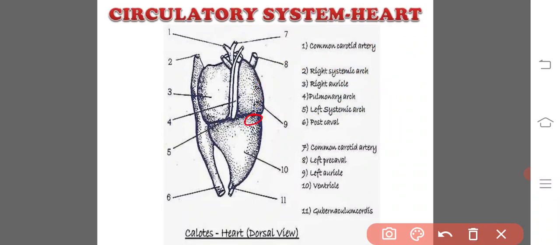Here there is a left auriculoventricular aperture and there is a right auriculoventricular aperture. And coming to the ventricles, the posterior half of the heart is occupied by the ventricle. The two auricles are separated from the ventricle by an auriculoventricular septum, and the ventricle is single, muscular and triangular. The thick-walled ventricle is provided internally with an interventricular septum which divides it incompletely into left and right halves.